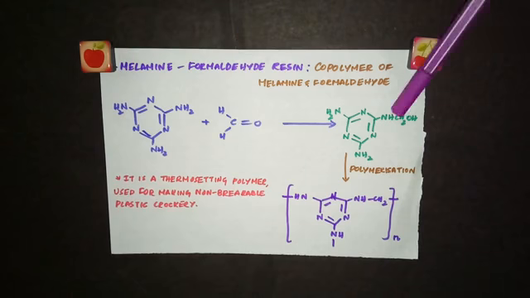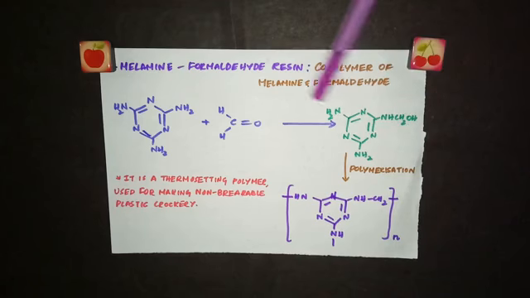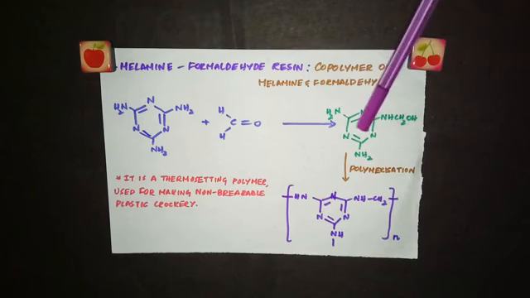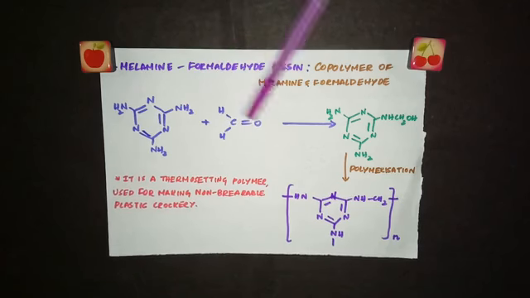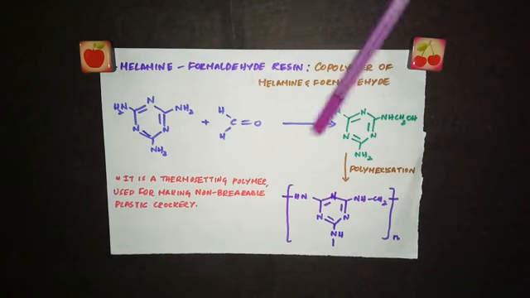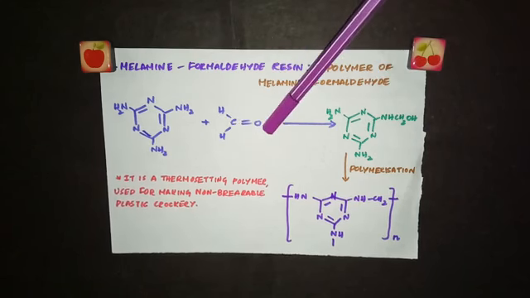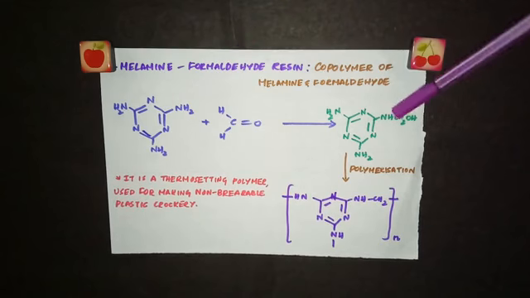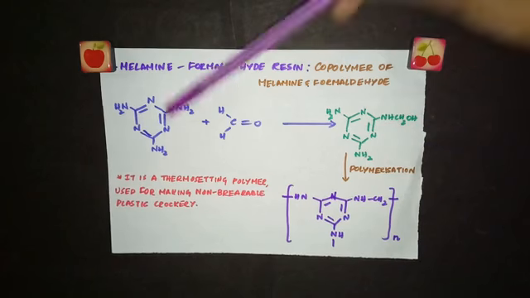In the first step, you will get a resin intermediate. So this is the intermediate. Melamine is written here, and instead of this hydrogen, we write CH2OH, this H is joined here. This is not the actual mechanism. I'm just telling you how to remember how to write this intermediate. So remove this H and put it here, so CH2OH, written along with this NH. See, NH, CH2OH. Everything else in the melamine is written as such.